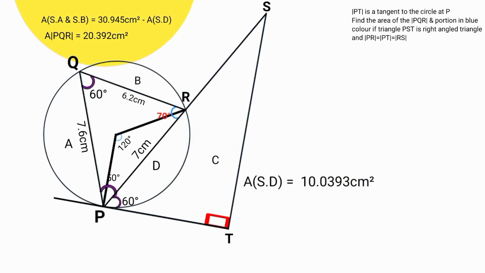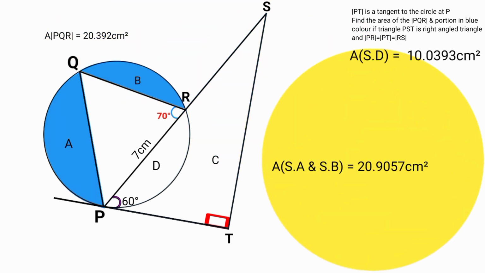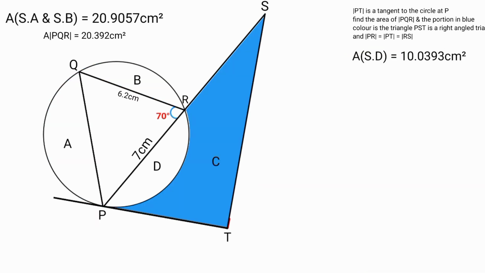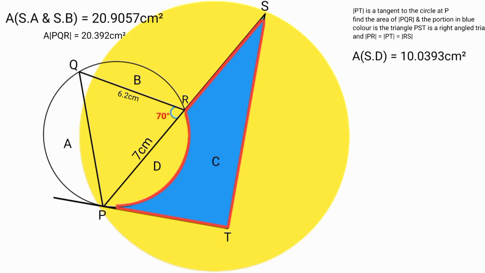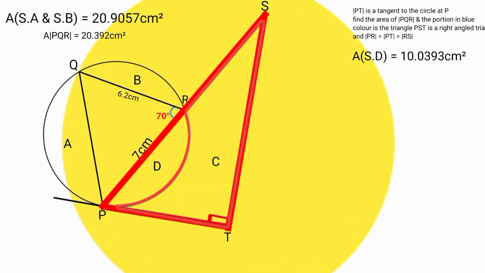Substitute here now. Area of segment A and segment B equal to 30.945 centimeters squared minus 10.0393 centimeters squared, which is 20.9057 centimeters squared. So area of segment A and segment B equal to 20.9057 centimeters squared. To find the surface area of C now, if you look from this triangle here, PST, if